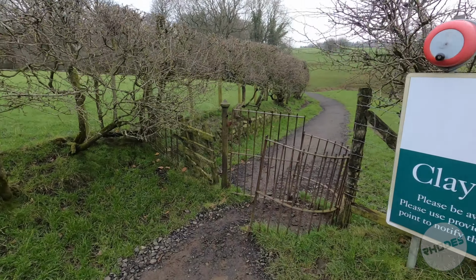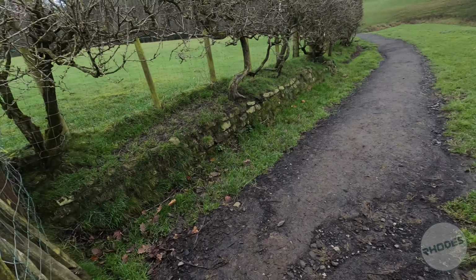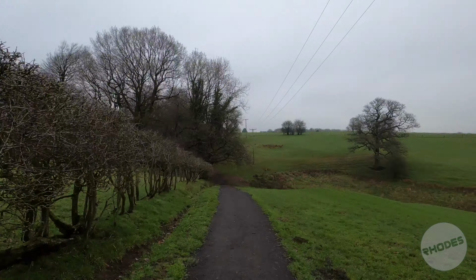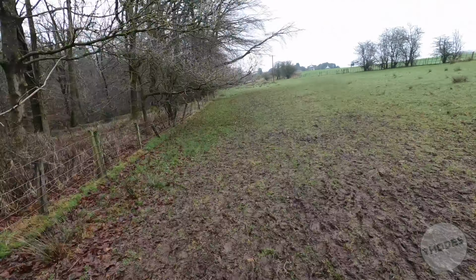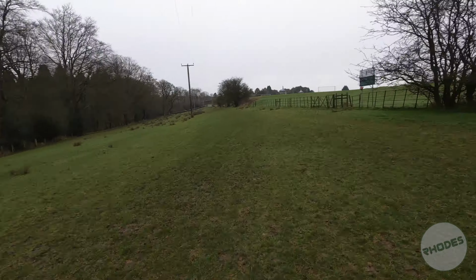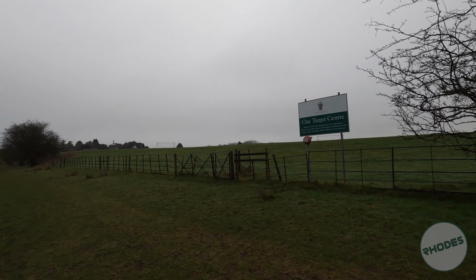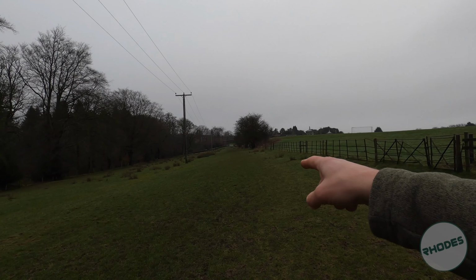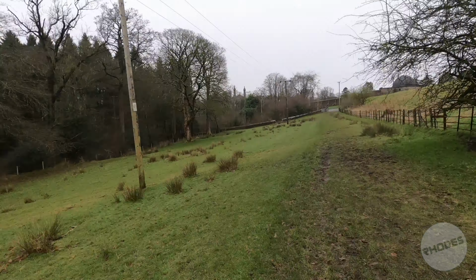So we then get to the third gate in the walk and we need to go through this one, and we are now going to enter the Stonyhurst grounds. There is a mention there of ringing a bell for clay practice shooting, and there's another sign on the right hand side here, again where you can ring the bell to warn people if you're walking across that way. We're not, we're walking to the left here, so we're going to stick to the left hand path,